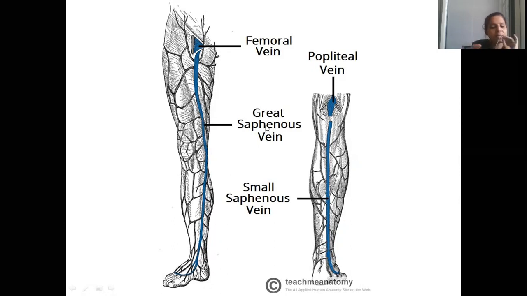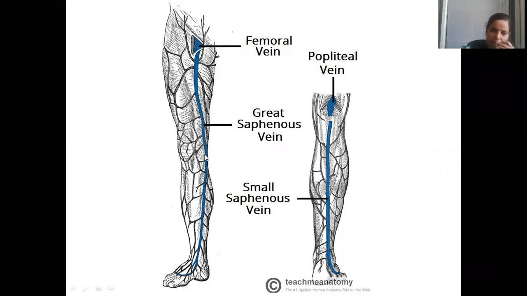The great saphenous vein is the largest superficial vein. Saphenous means easily seen through the skin; you can see it. Great in the sense that it is the largest vein we find in the body. This is the dorsal venous arch and this is the medial end, and you are finding the great saphenous vein. You can see its direction: it is running on the medial side of the leg.